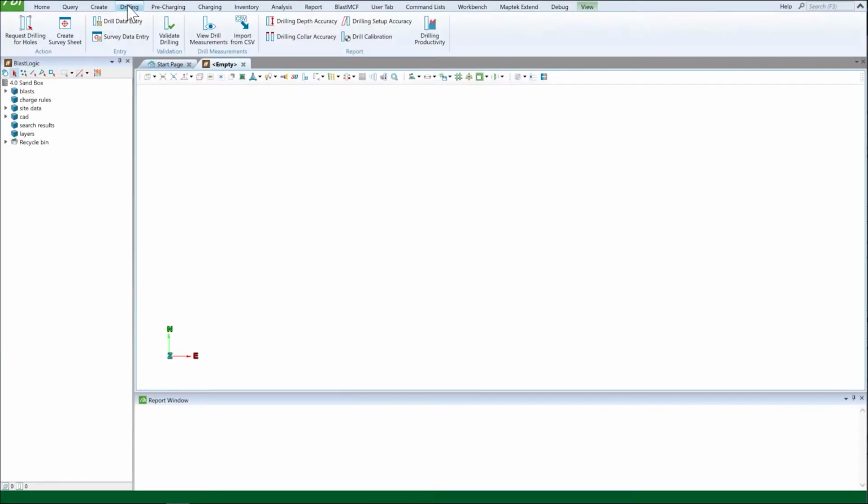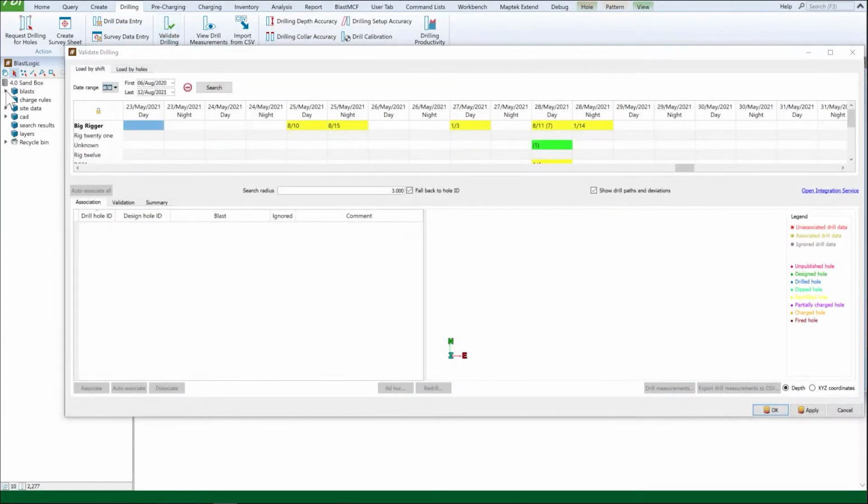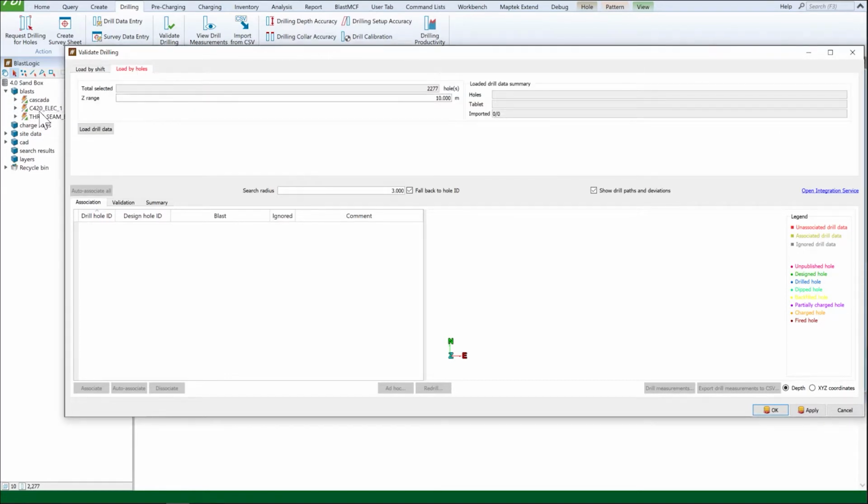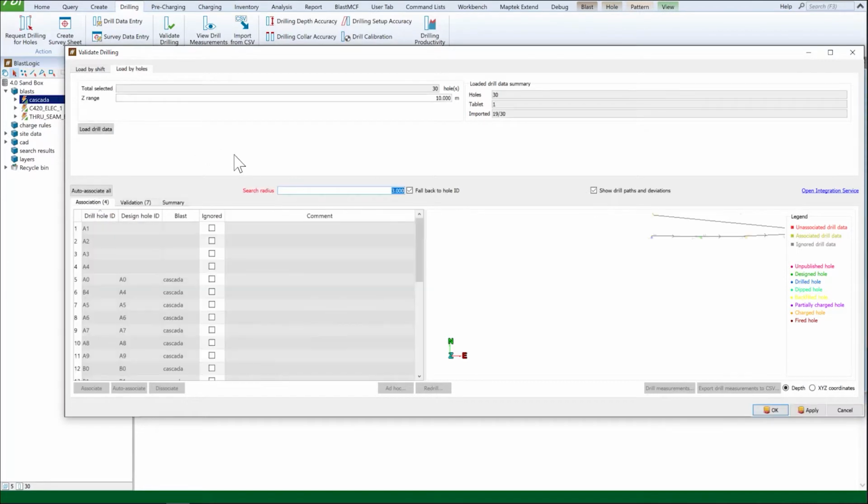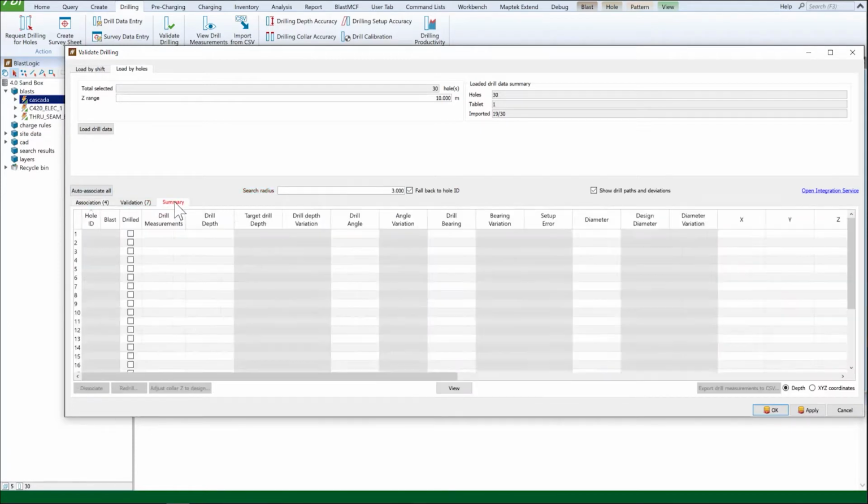The drill planning validation workflow has been improved to enable the tablet drilling data entry. As well as the existing shift selection, you can now select a number of holes to find all nearby drilling data. The association and validation workflow has been streamlined into 3 tabs, each displaying the number of actions required for